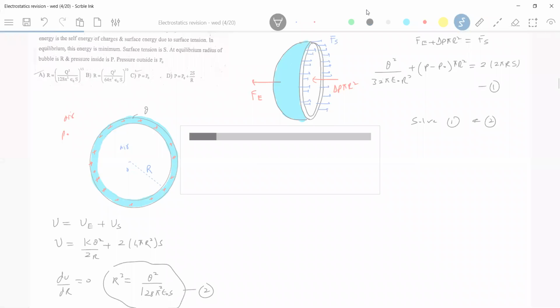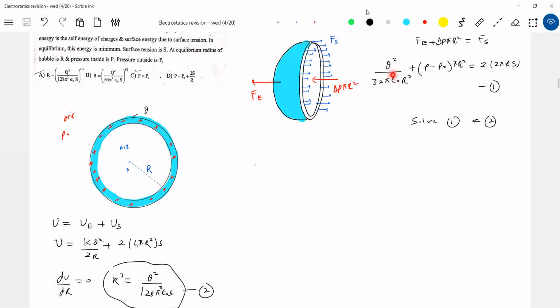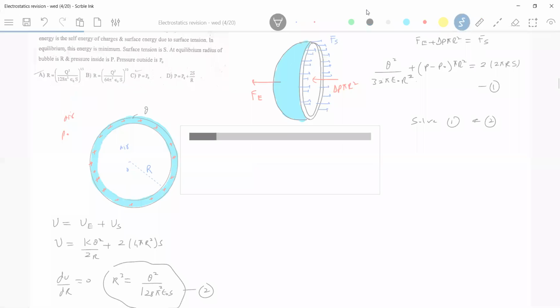So there's a basic idea. I think this one is what you should remember: force exerted by one half on the other half of a charged shell. So you remember this, and it'll be easy for you in exams. Okay, I'll go for the next one. One more problem we'll try.